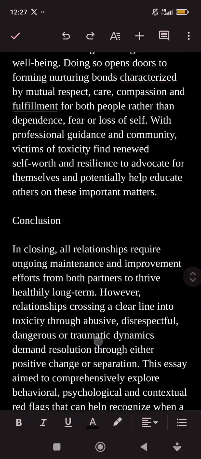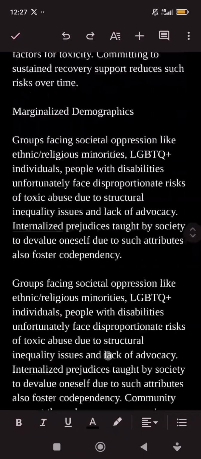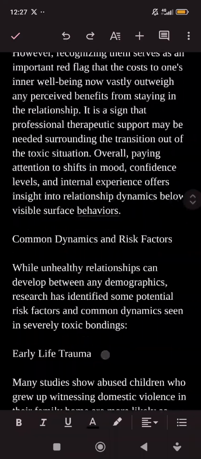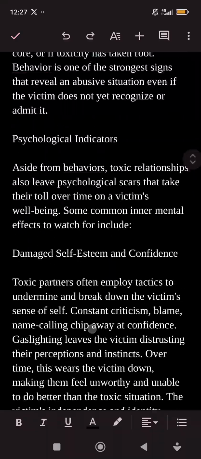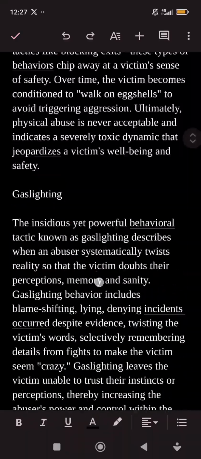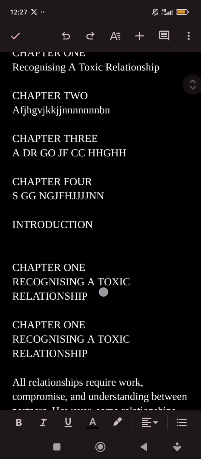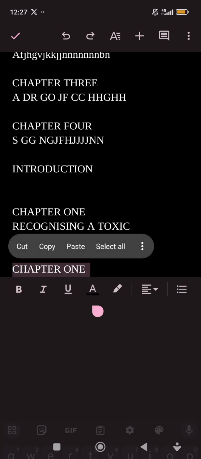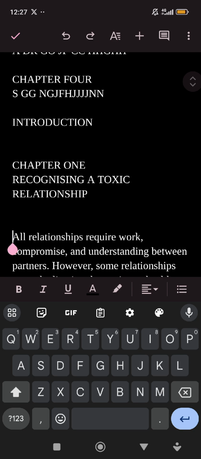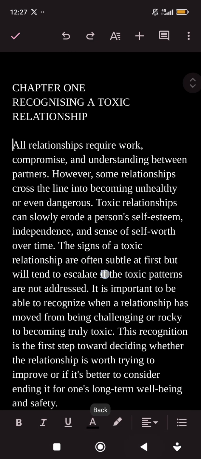Don't worry, there is no confusion. Now this is chapter 1. I already have chapter 1 here, so I can just delete this second one. So this is now my chapter 1. You see it now.